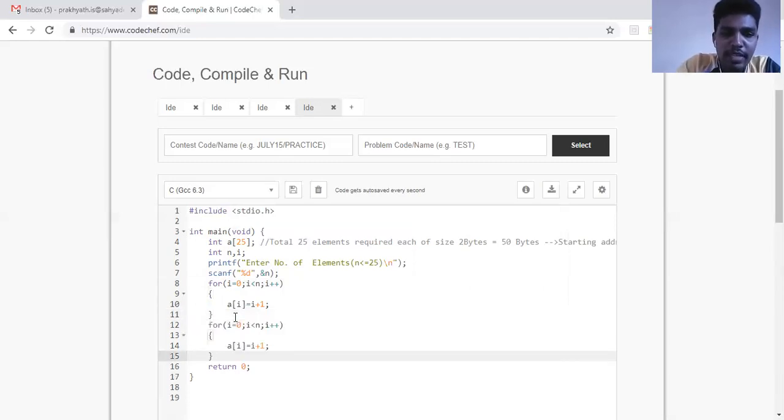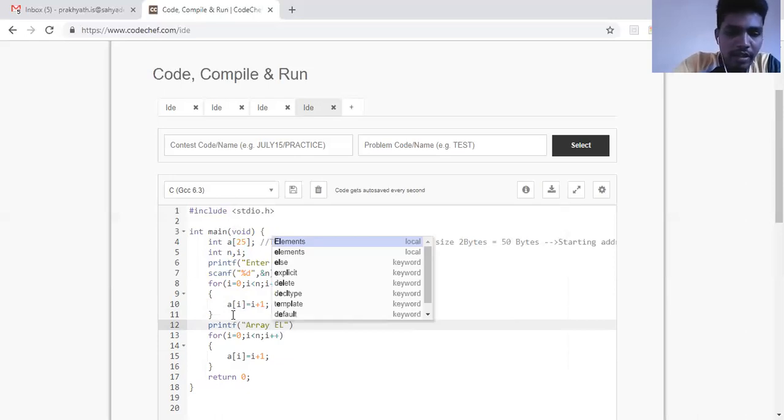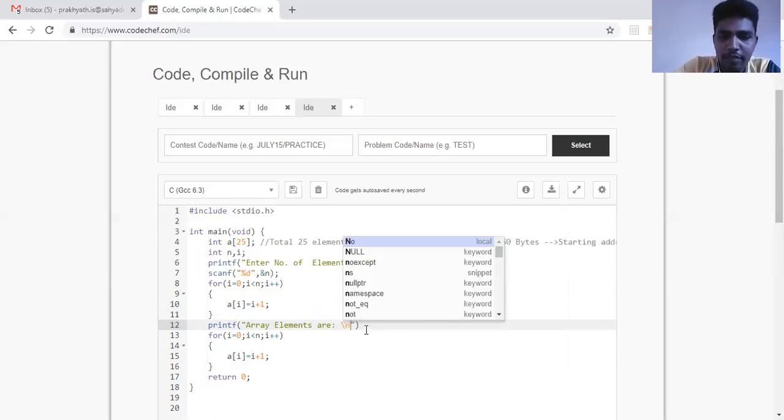So I want to print the array elements. How will I do? I'll write a print statement here, printf, "array elements". I'm very particular about spellings also. "Array elements are \n". So I'm just writing one print statement.